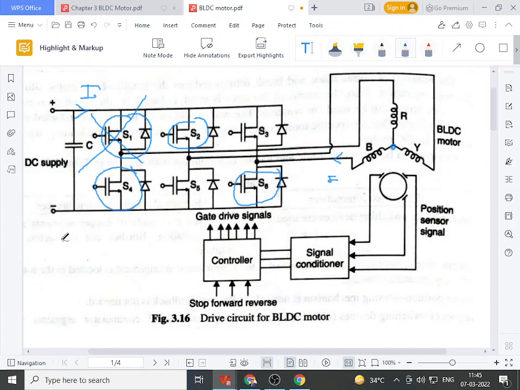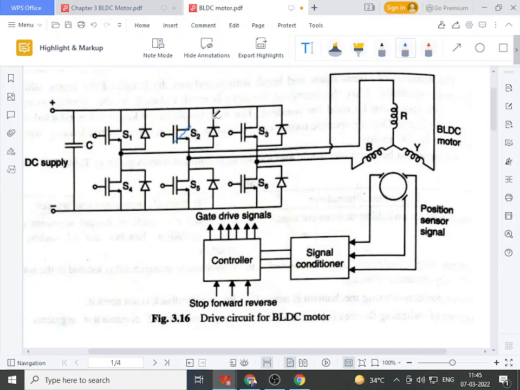Okay, so the first switching sequence is 1, 5 and 6. After that, for the second switching sequence, we generally turn off 5 and we turn on 2, so S2 and 6. The next switching sequence is: 1 should be turned off, 2 and 6 remain under turn on condition. At the same time we have to turn on the third switch, so that is 2, 4 and 6. Yes, so again apply the same logic for 2, 4, 6.